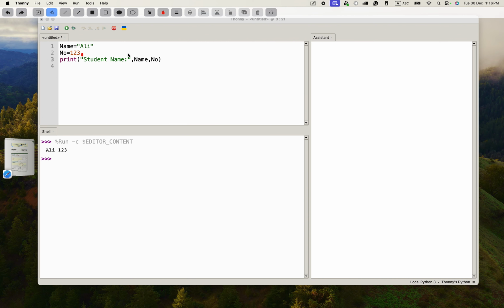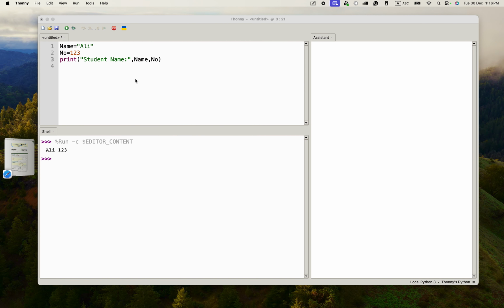This is a quotation, this is a quotation, and within that I printed a text which will be printed as it is. Because there's a comma after that, it will print this, and then the comma will give a space, and then the name, which will print Ali. And same thing I want to do here. Before a number I want to print student ID, and then print the number, which is 1 2 3. So what I'll do here is put it like this, and I say student ID, and I'll put a comma there, right? Now if I run this,